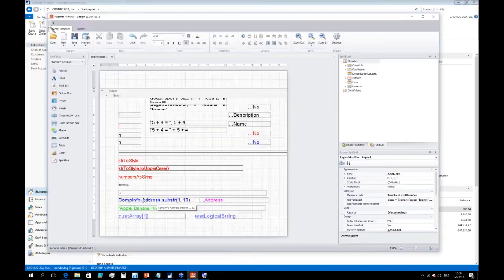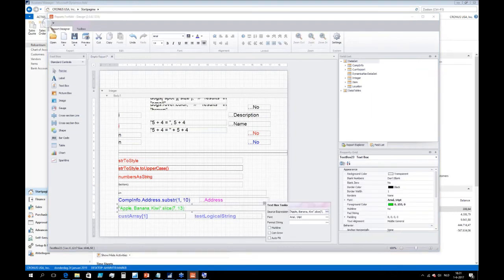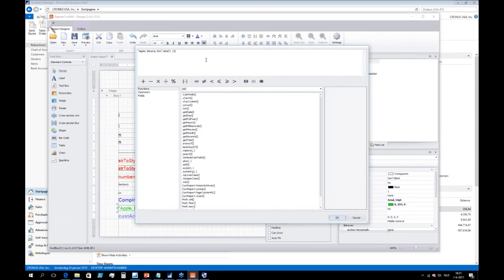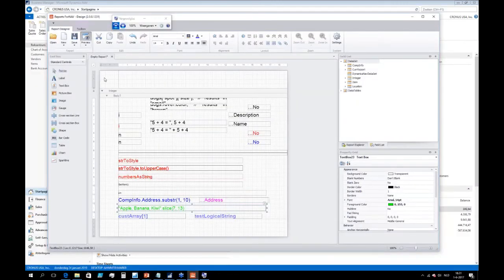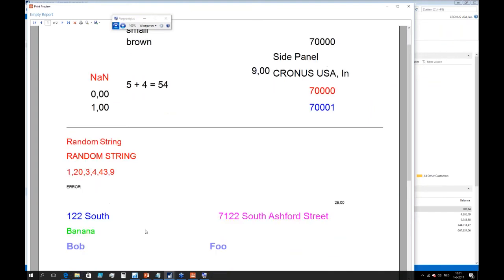You can do more string manipulation. You can do things like substring. So here I have the substring of the company address. I want to have character number 1 to 10. And here I have another example where we have a string which we just hard code in JavaScript. Is it smart? Maybe not, but it does the trick. And in this case, I'm going to print banana, which is character number 7 to character number 13. So if we actually print this report, you can see that we do this string manipulation inside of NAV or